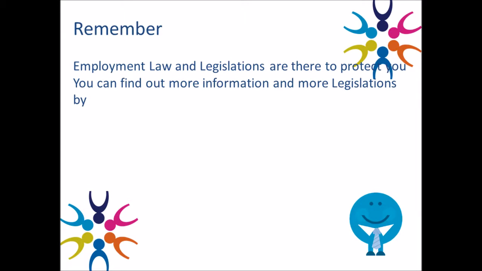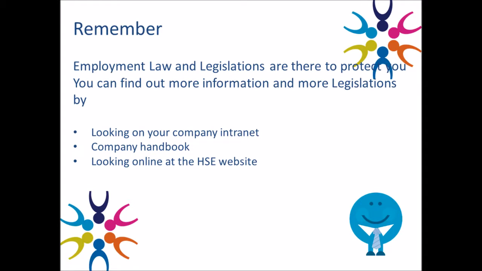Your company has policies to ensure that they live up to their responsibilities. And you can find these policies in your depot link, in your company handbook, or you can get copies directly from your HR department. If you have a particular interest in employment responsibilities and rights, there is lots of information on the Health and Safety Executive website. The Citizens Advice Bureau can also help you if you have any queries about how the law affects you, particularly if you feel that you have been subjected to a breach in the law.